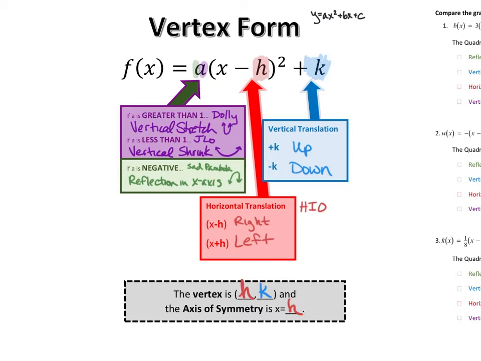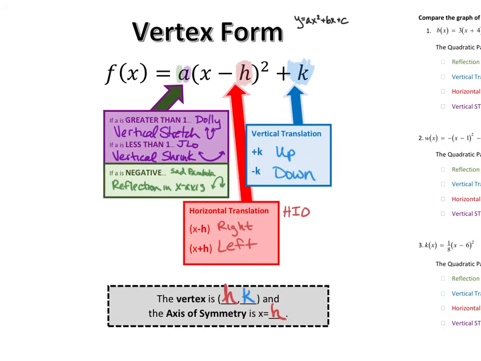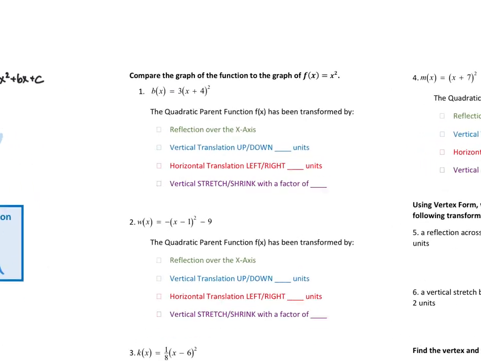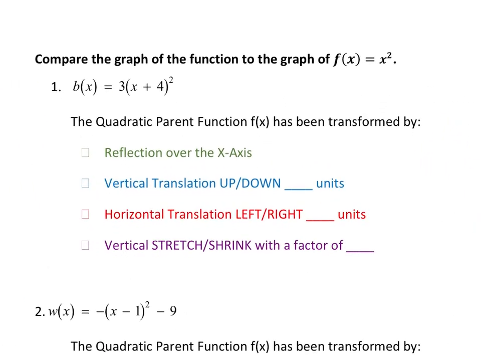So again, just by looking at the vertex form equation, I can look at the number for H and the K and be able to tell you the vertex and the axis of symmetry. I don't need to graph it. I can just look at the equation and go for it. Now, if it is more helpful for you in this lesson to continue to graph the functions to be able to talk about the transformations, that is totally cool. Keep doing that. Keep rocking it out. But we should start trying to be able to look at equations and without graphing it, be able to tell